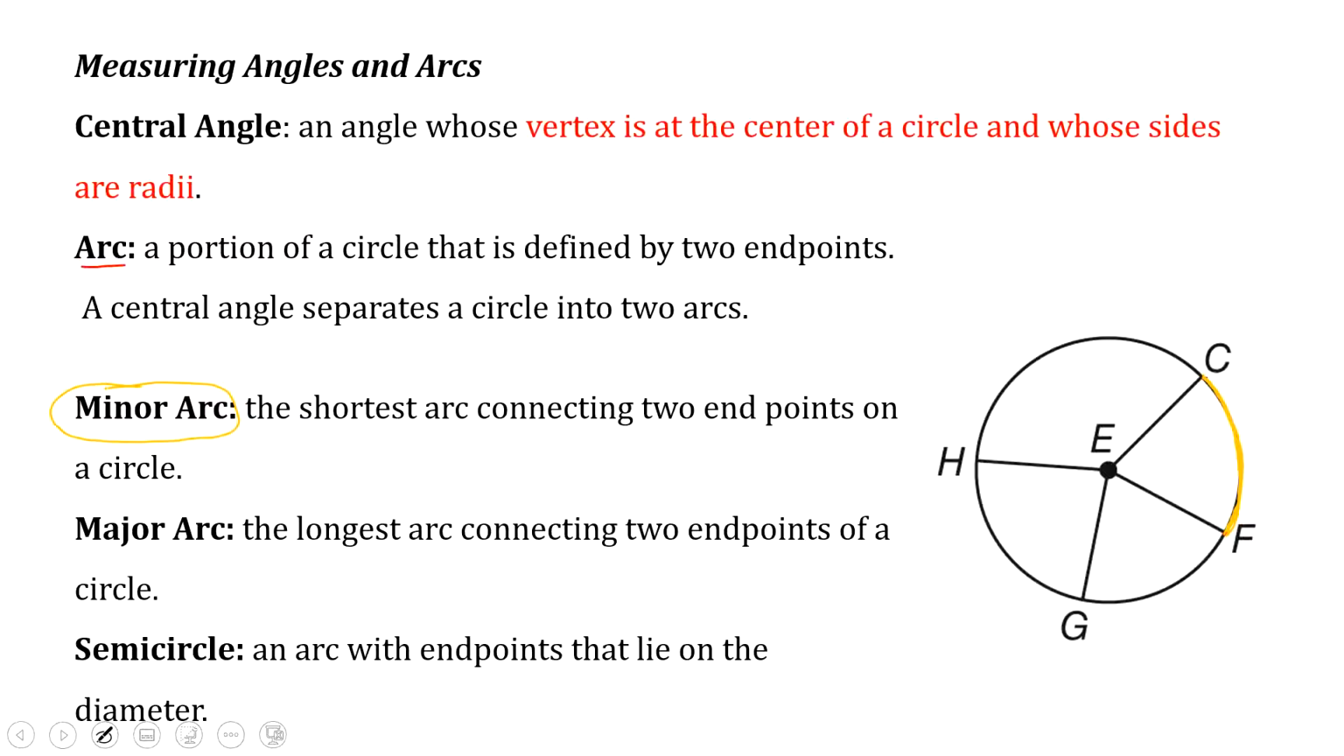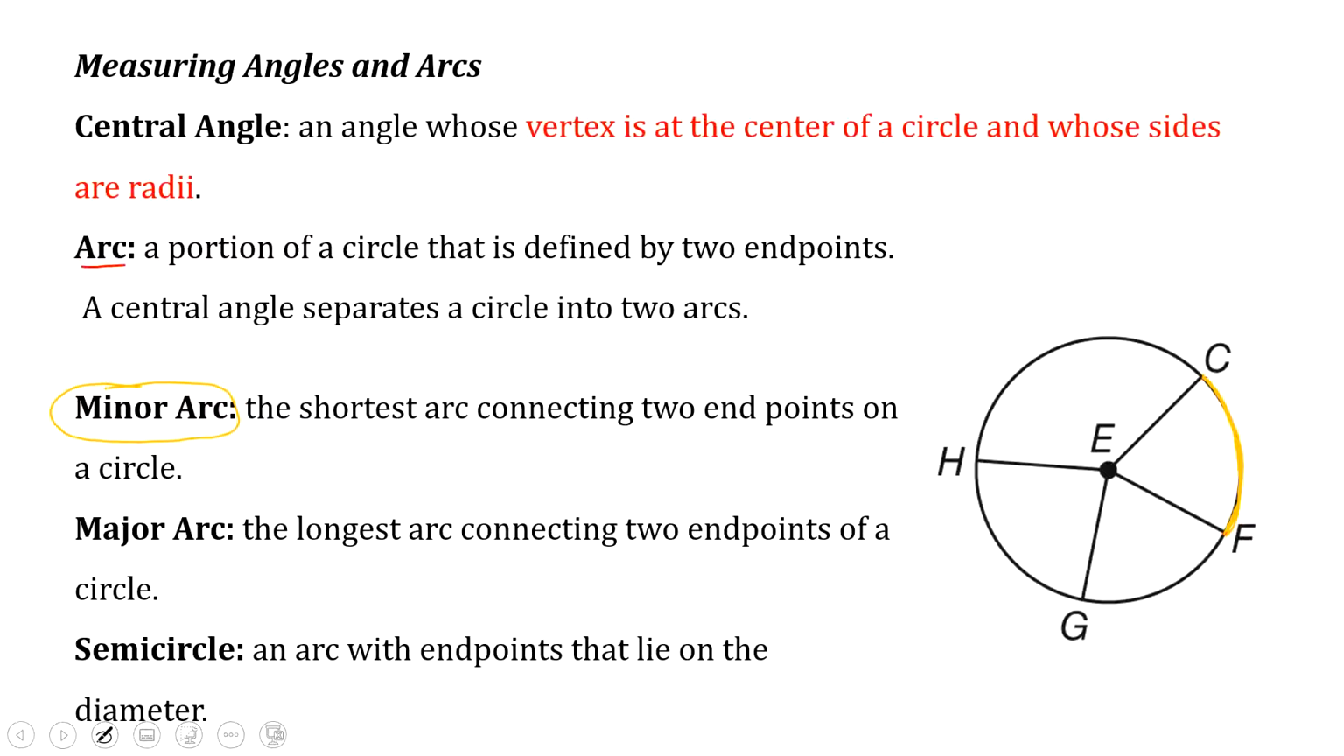Minor arc is always 2 letters. Well, not always. I can't say always. Let me rephrase that. More often than not, the shortest arc, the minor arc, is going to be identified as 2 letters. So in our example here, we have CF. If you saw an arc named CFG, that's telling you to go from C through that F, from C to G